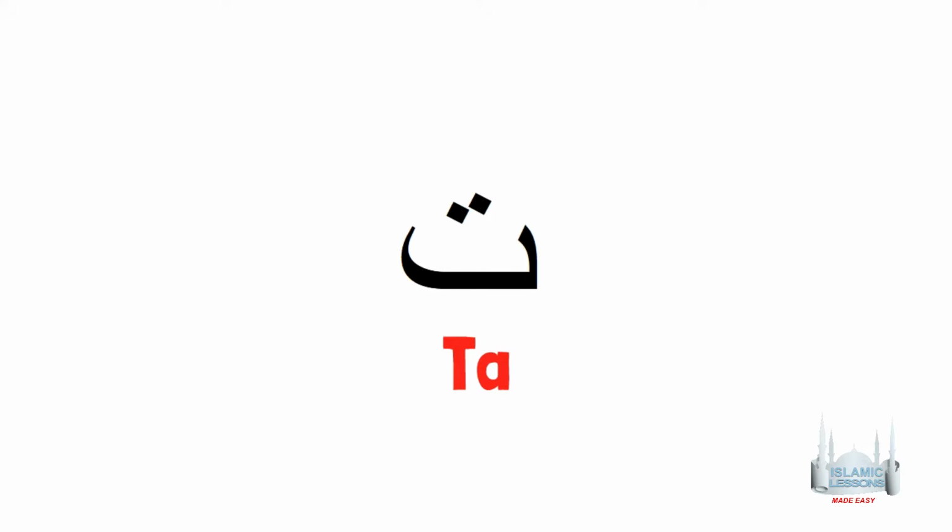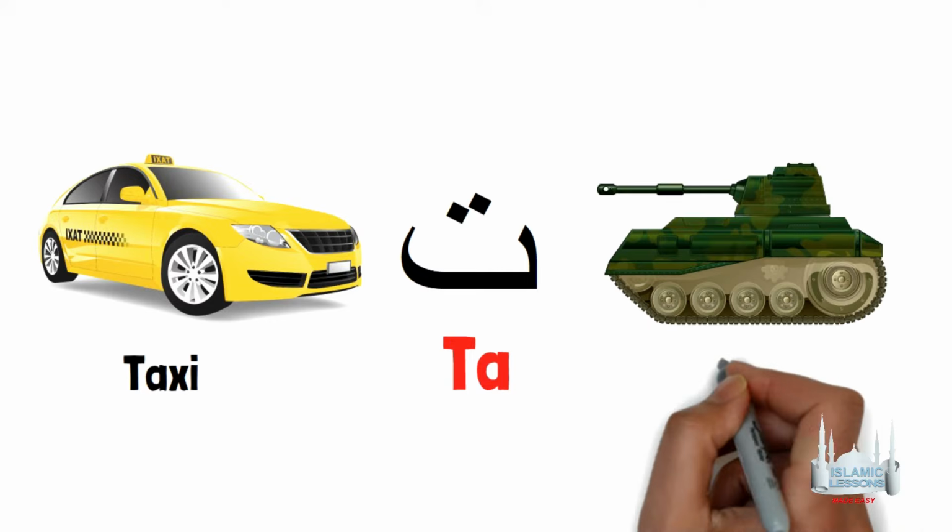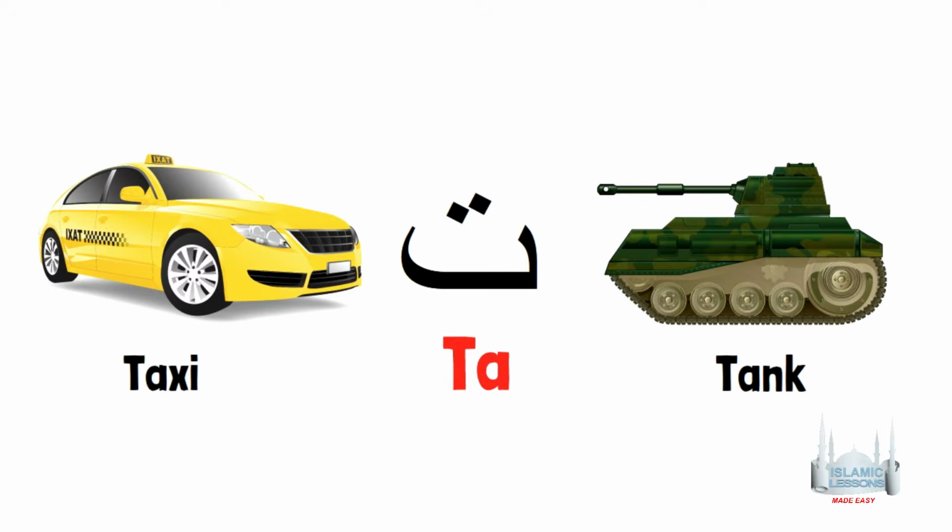The next letter is called Ta. It has two dots on top and it is a light letter. In English, it sounds like a letter T, like in the word taxi or the word tank. This is what Ta looks like in the beginning, like this in the middle, and like this at the end